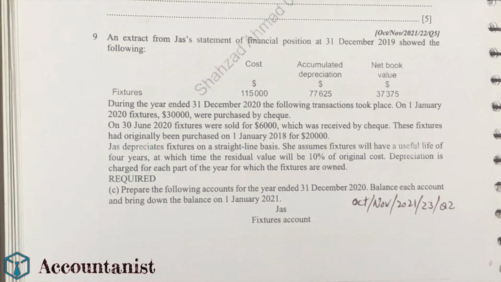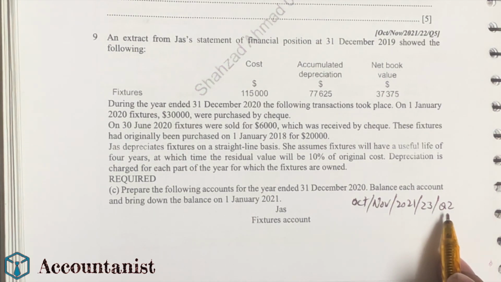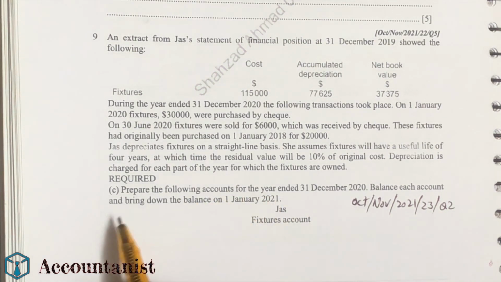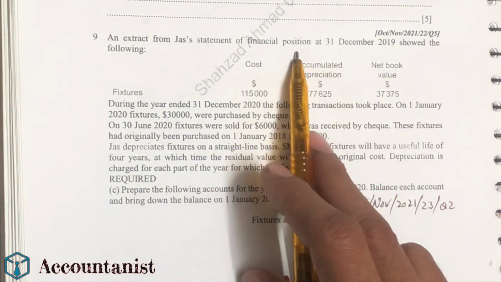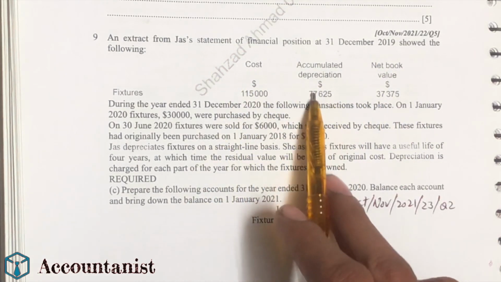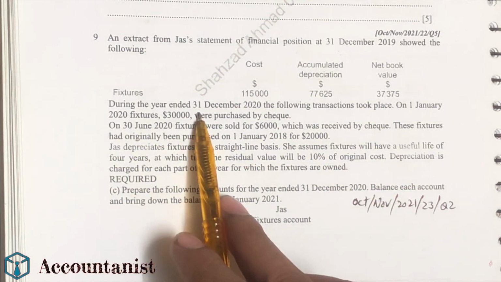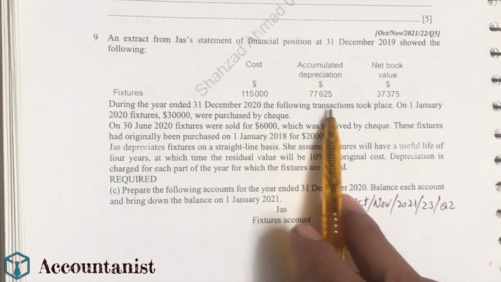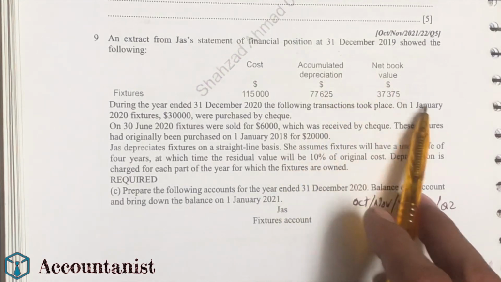And the second question that I'm going to solve in front of you is from October-November 2021, variant 23, question number 2. It says that Jess has the opening balances on the statement of financial position at 31st December 2019, which means the opening balances of cost, accumulated depreciation, and the net book value. During the year ended 31st December 2020, the following transactions took place. On 1st January 2020, the very next day,